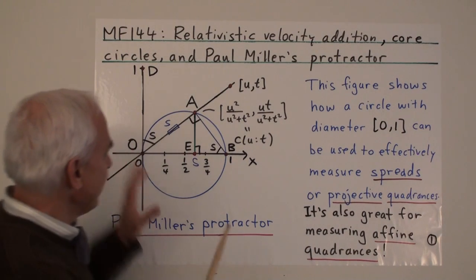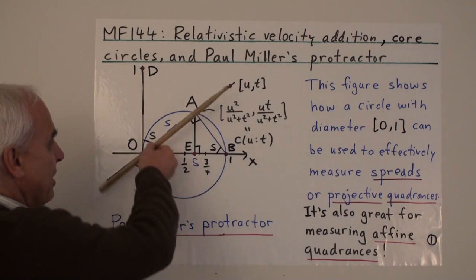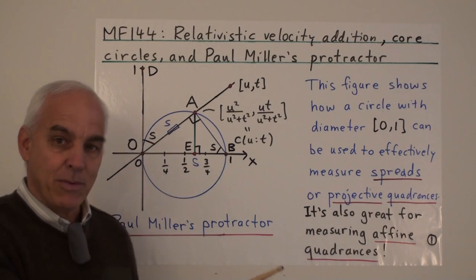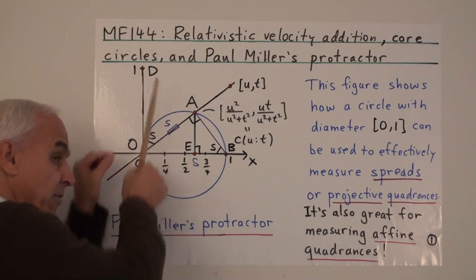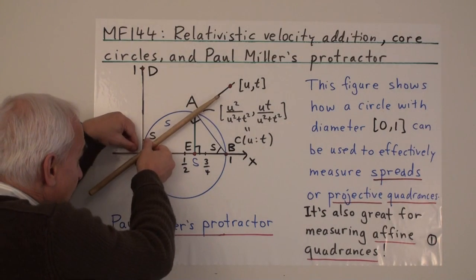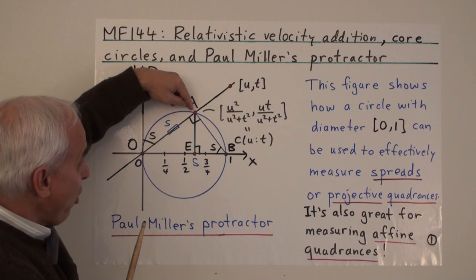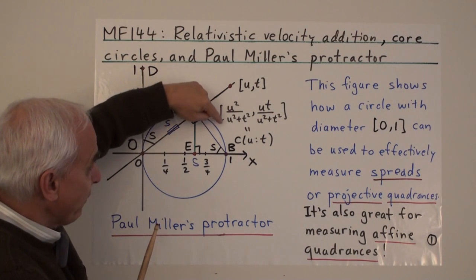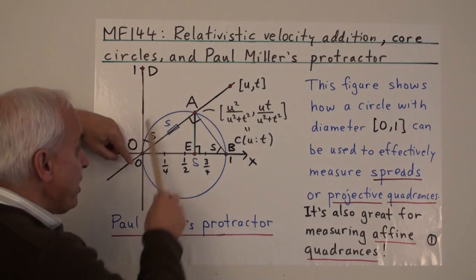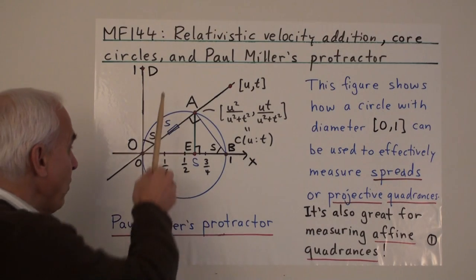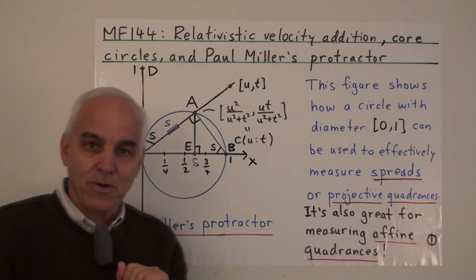So the story is this. Let me remind you of the basic setup. Here's our core circle. Here's a particular line through the origin, what we often call a projective one point, from the projective point of view where we're only looking at things from the origin. So this line, say, passes through the point (u, t), and if we normalize it appropriately to get the point (u squared over u squared plus t squared, ut over u squared plus t squared), then that's a point on the core circle and provides a one-to-one correspondence between lines through the origin and points on this core circle.